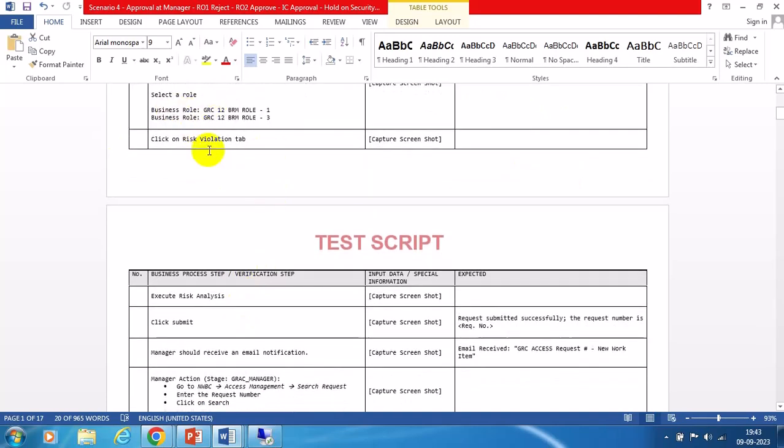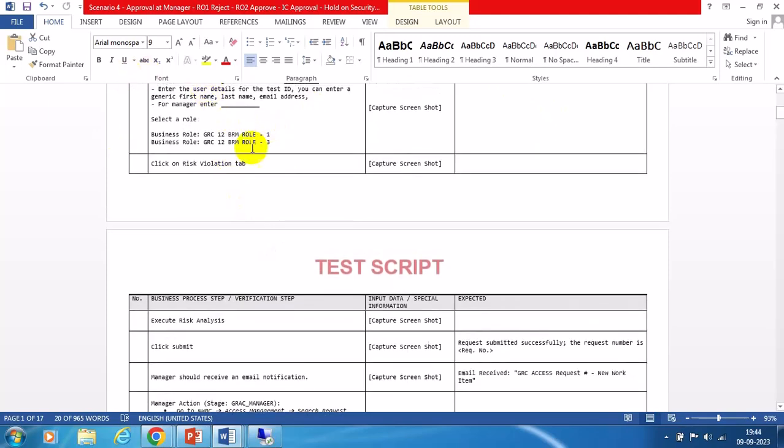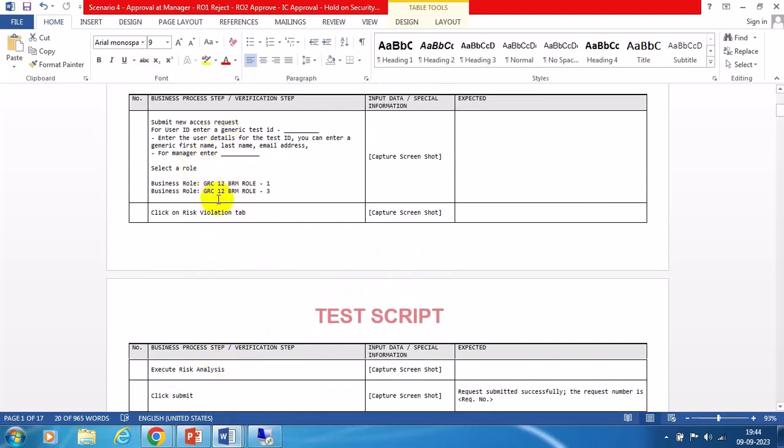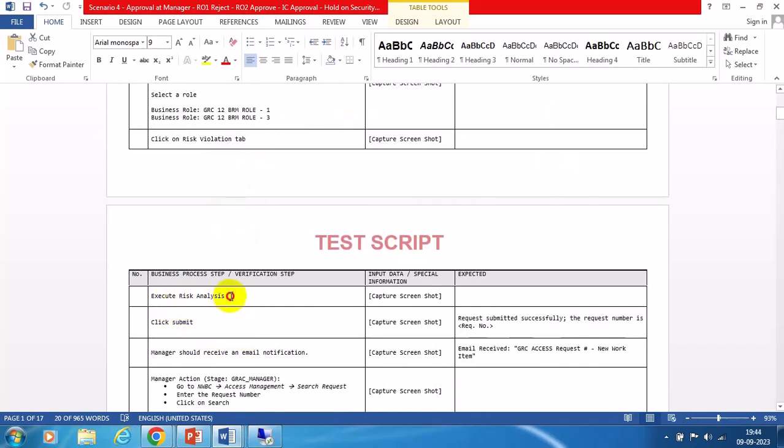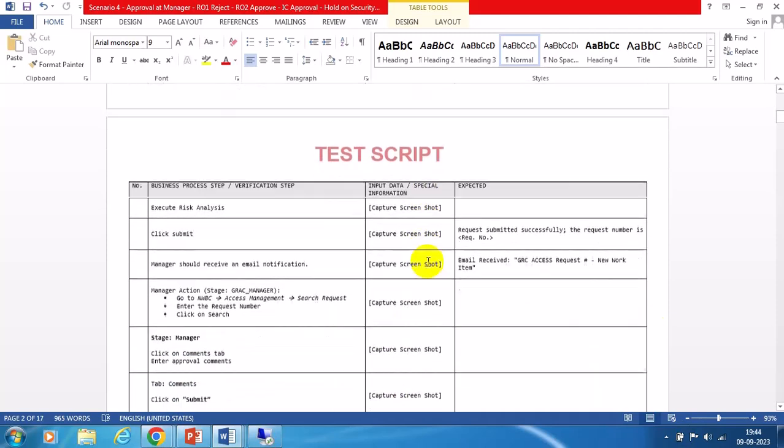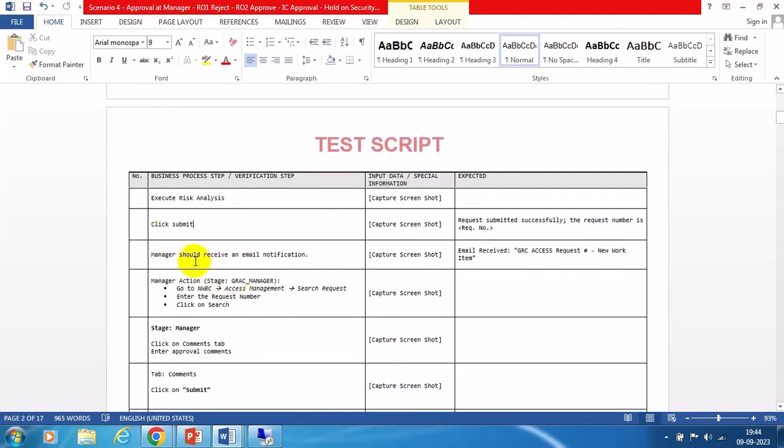Similarly, before submitting, once we add the roles, we will perform the risk analysis. Then we submit the request. Once it is successfully submitted, whatever request number is generated, we capture a screenshot of everything. Once we submit the request, the manager should get an email notification. Generally this is a configuration: as soon as we submit the request, an email will trigger to the manager because we maintain the notification settings in the workflow,